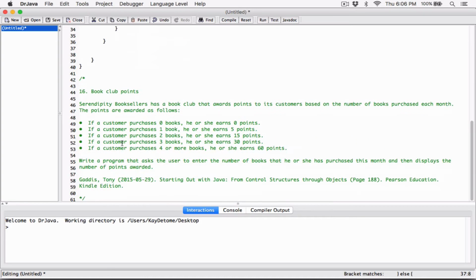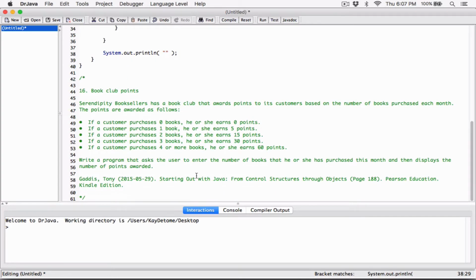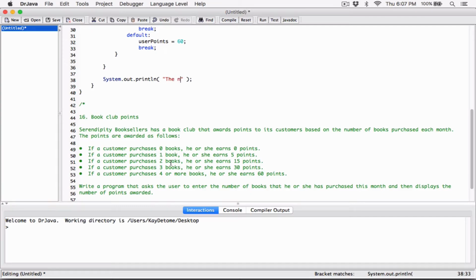So all we have to do is display it. The program says, and then displays the number of points awarded. So all we have to do now is a simple System.out.println, and we're just going to say, let's just be strict with the book, the number of points awarded. Or let's just say you were awarded,